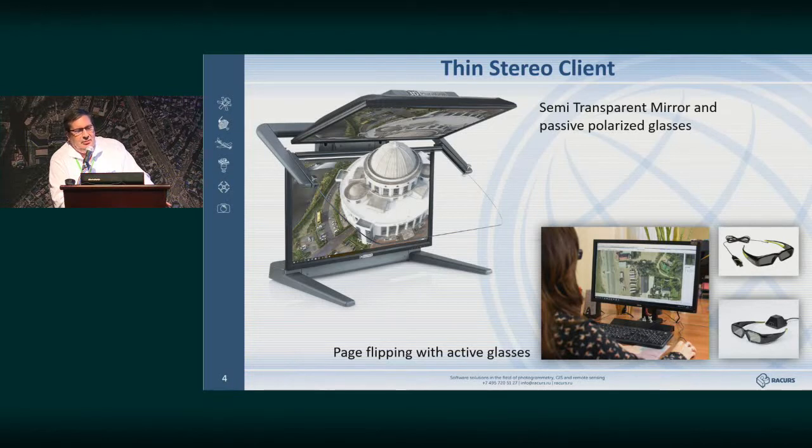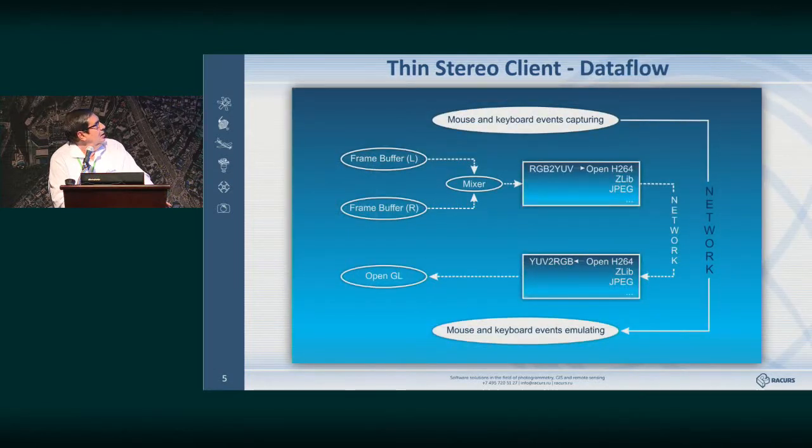And this thin stereo client was implemented based on the equipment that PHOTOMOD users are regularly using. It's either a passive or active stereo monitor. Here you see a flowchart of how it works. I'm not going to go deeper into it, but a similar solution is ML desktop or MNC. It's just that here we show two images simultaneously by a press of a keyboard button. It is like stereo video. Maybe some of you have your own 3D TVs where you're also running things with a mouse.